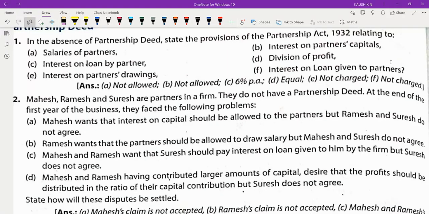What is the percentage then? That is very important. Just giving a statement will not give you the marks. In this case, you have to quantify, you have to specify the percentage. Six percent per annum. That word per annum is also very, very important. If you write only 6% and do not mention per annum or p.a., then even though 6% is correct, they may cut half a mark and award half a mark, or they can cut the entire mark also.